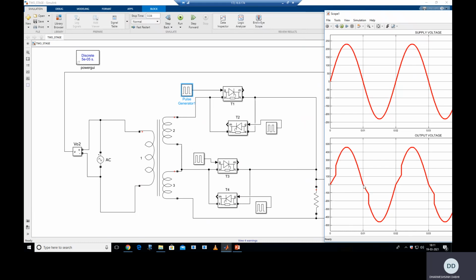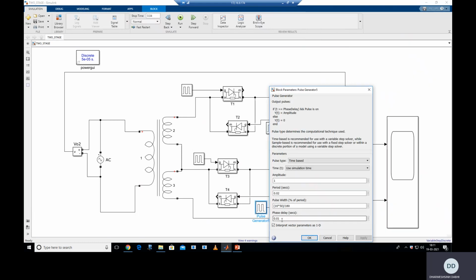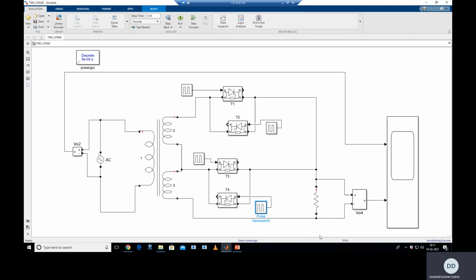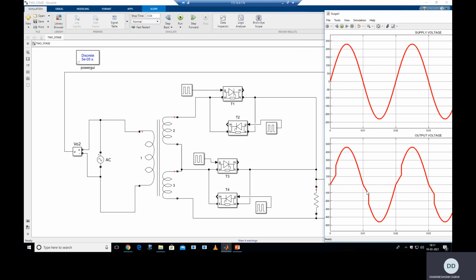Now at the angle pi, as you know, you fire this T4. You can see in the pulse generator with phase delay 0, you fire this thyristor T4. So you can see that the output voltage follows Vm sin omega t. It is a negative supply, so it follows minus Vm sin omega t. And at pi plus alpha, when you fire this T2, it follows minus 2 Vm sin omega t up to the angle 2 pi, or 20 millisecond. The same sequence is repeated for the next cycle.